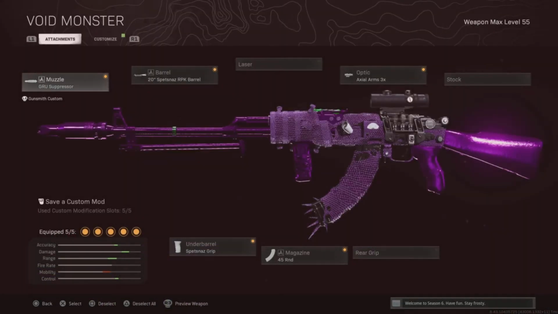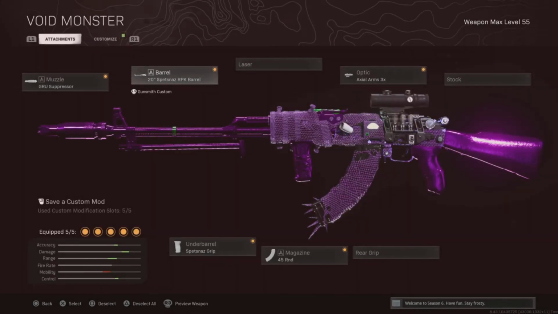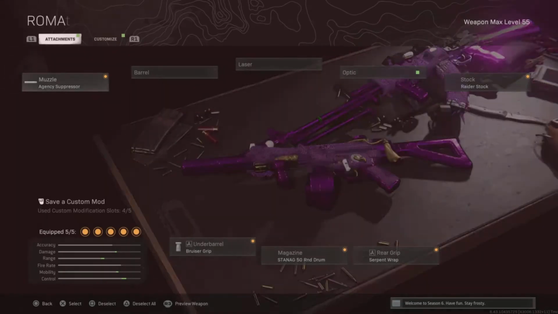For this one, we have the Void Monster, which is also the new AK I showed as a sniper support, which is the long range edition. Good suppressor, RPK barrel in this case because we're not using a sniper support. For the underbarrel, Spetsnaz grip, the same, optic the same, pretty much all the same. It's just the barrel instead of the rear grip. This gun is amazing at long range, great at sniper support, SMG, the most versatile gun in the game in my opinion. And then we have the same